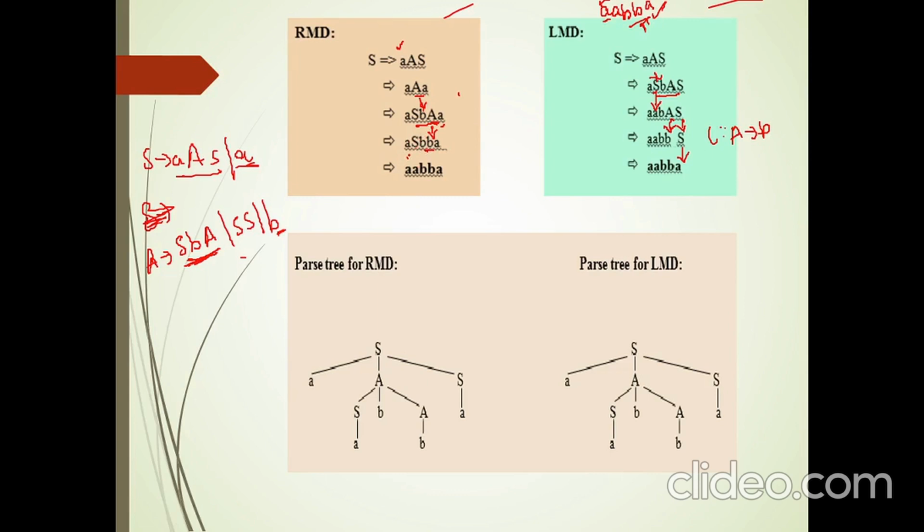Now only one non-terminal, that itself is your rightmost. So this time I have to get one A, because the rest of the characters I've got. Now I have to only get one A. So S gives A is the right production to apply. So that's how I got the RMD. Now based on the RMD and LMD, I will construct a parse tree.